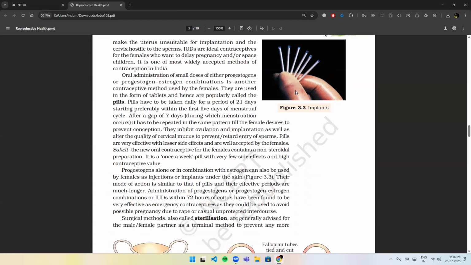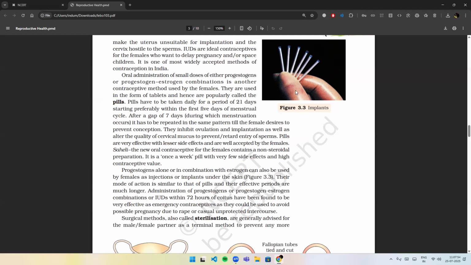Oral administration of small doses of either progestogens or progestogen-estrogen combinations is another contraceptive method used by females. They are used in the form of tablets and are hence popularly called the pills. Pills have to be taken daily for a period of 21 days, starting preferably within the first 5 days of the menstrual cycle. After a gap of 7 days, it has to be repeated in the same pattern